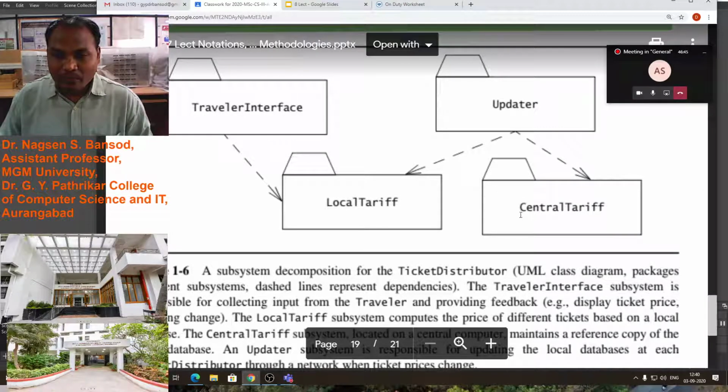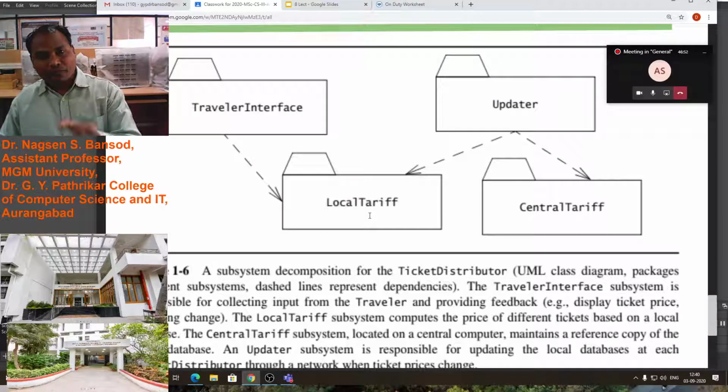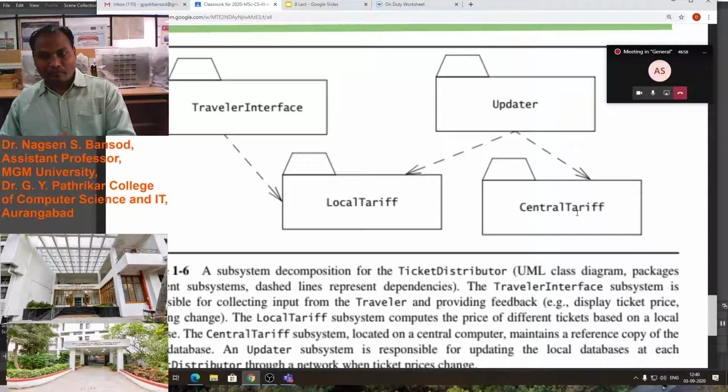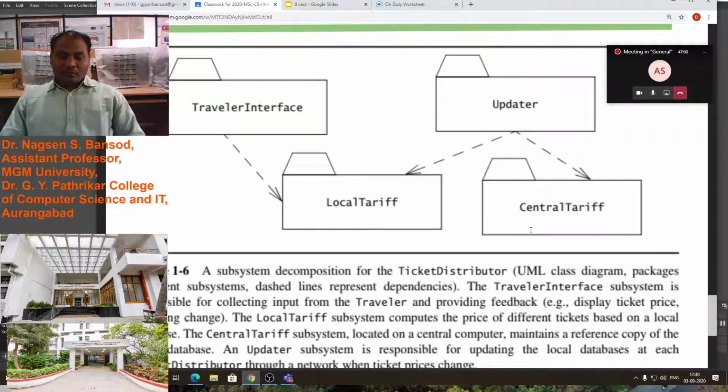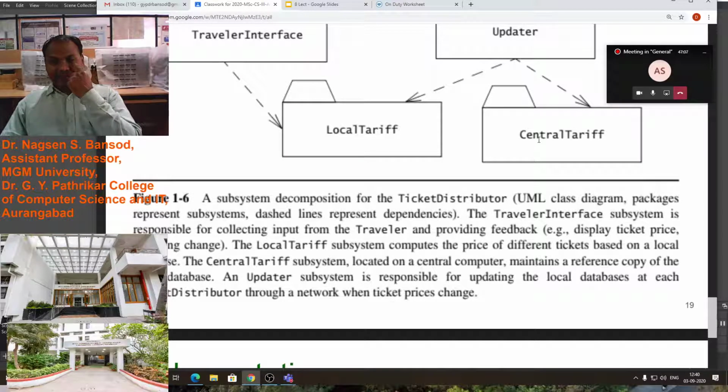Now you see, on this central tariff there may be various local tariffs connected. All this data will be stored on this machine, and this data will be visible to some particular user like the manager of the project.